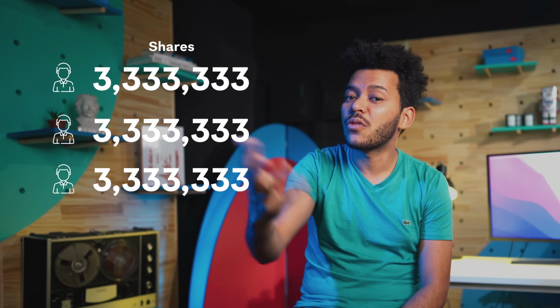So our cap table is a bit more complex than this, but for the sake of example, let's assume that we split the company 3 ways. So that would be 3,333,333 shares for each one of the founders. Well, there's a problem there, and that's a weird number of shares, and then there's a single share that we can't split because shares can't be fractional.